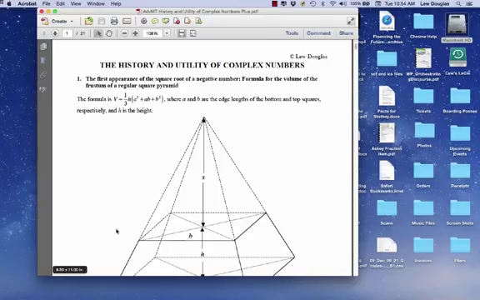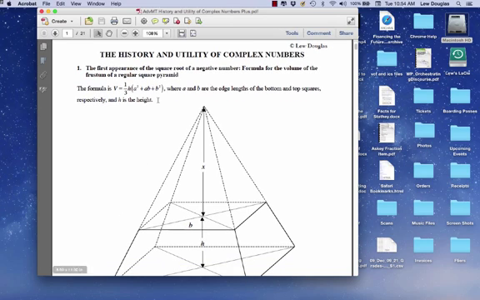The history is very interesting. So the first appearance comes up in the formula for the volume of the frustum